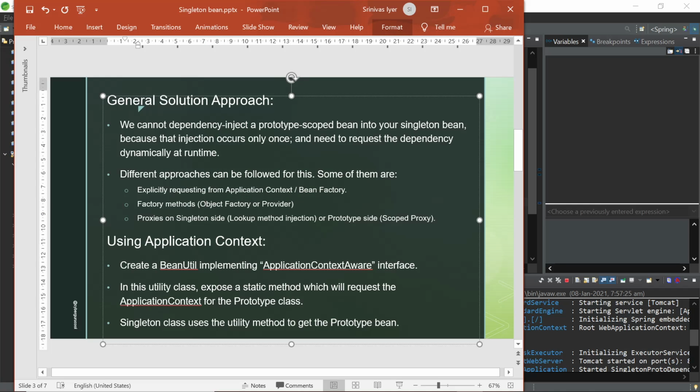that is using the object factory. Okay, the same thing can also be done using the provider implementation, which is provided by javax under the inject package. And then we can use proxies on the singleton side or prototype side. I guess it would be much easier to understand when we see this in action. So let's quickly jump to the